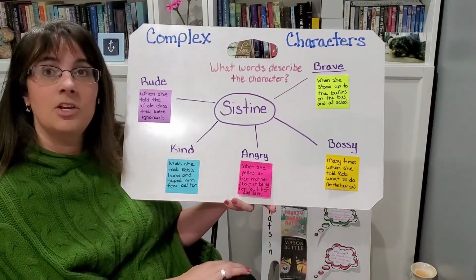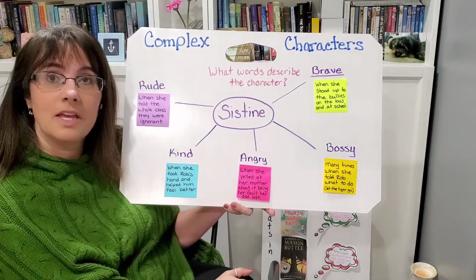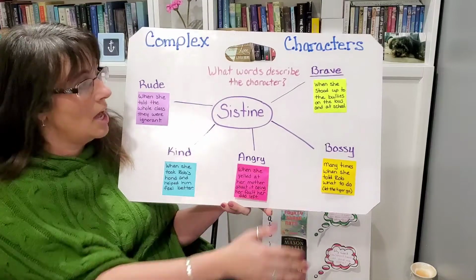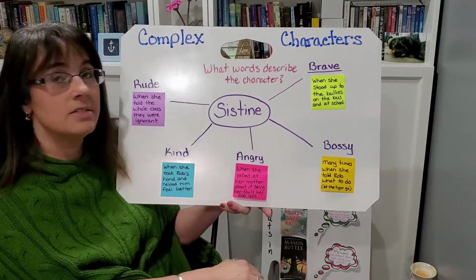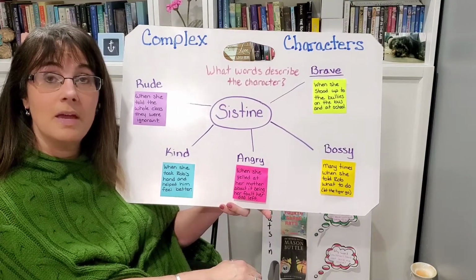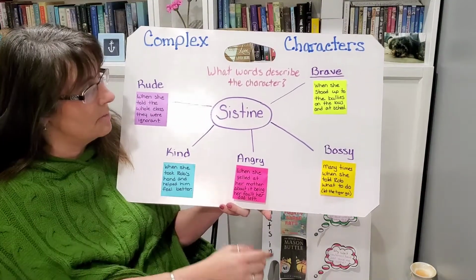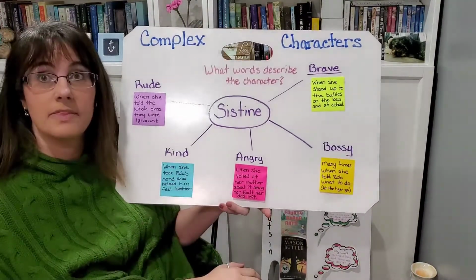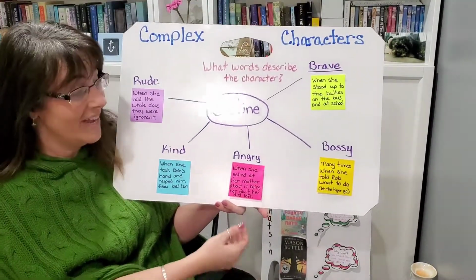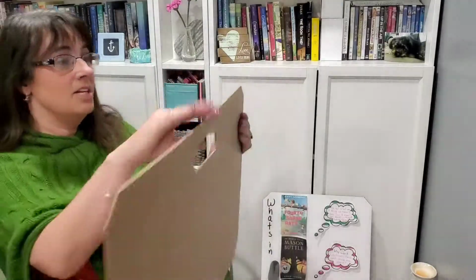So I wonder if you're reading your book today, what I'd like you to do is take a look at your character. And maybe in your journal you could do some jotting. Maybe you could even make a web like this talking about how your character is complex and maybe some of the different ways they act, some of the character traits or some of the emotions that they have that show that they're a complex character too. Okay? All right. We're also going to do some practice with